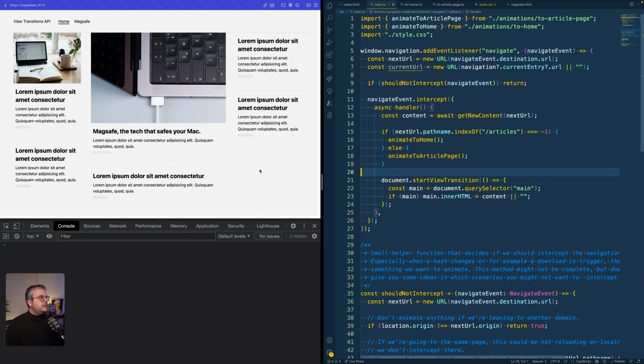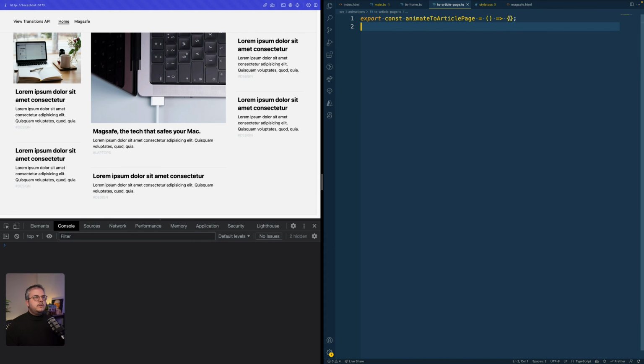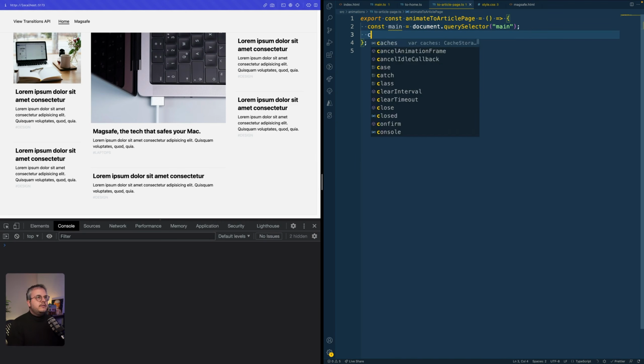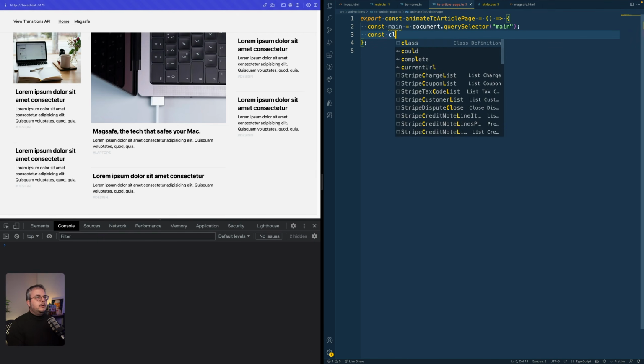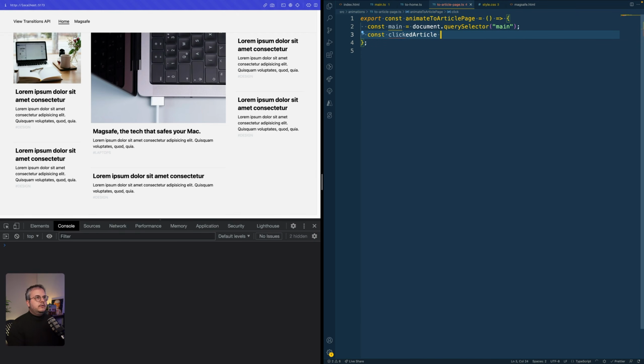Let's first see what should happen if we animate to an article page. So if we go to this function, one thing we need to do is get a reference to our main element, which we can do by running the query selector again. And the other thing we also need to do is we need to know what element has been clicked. Because this element or the title and the image need to get this view transition name. And we can actually find this out by also running a query selector. We can create a new variable called clickedArticle that is